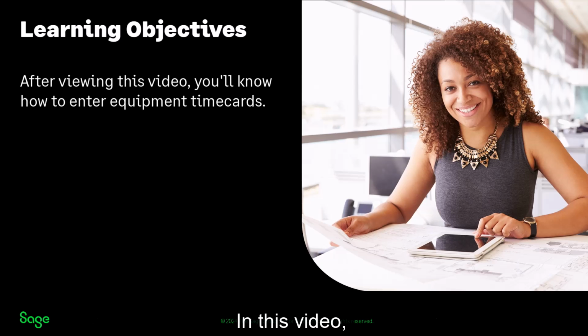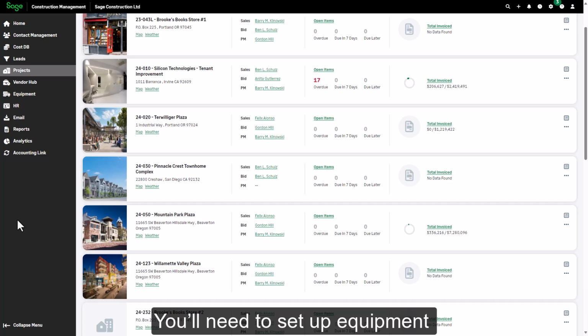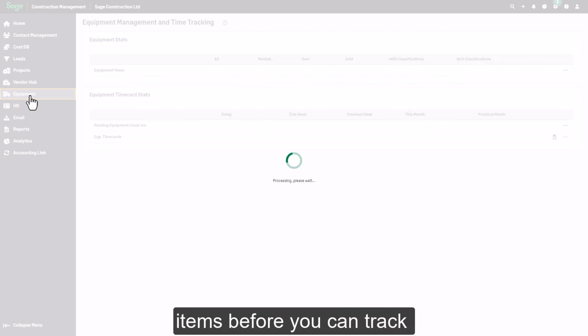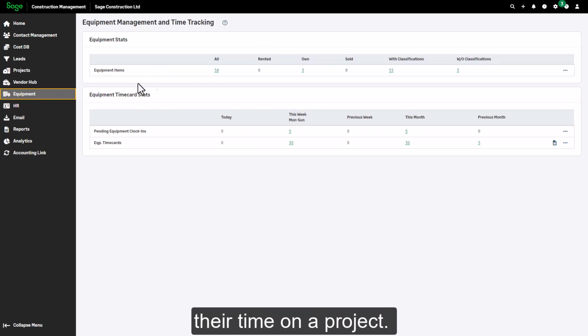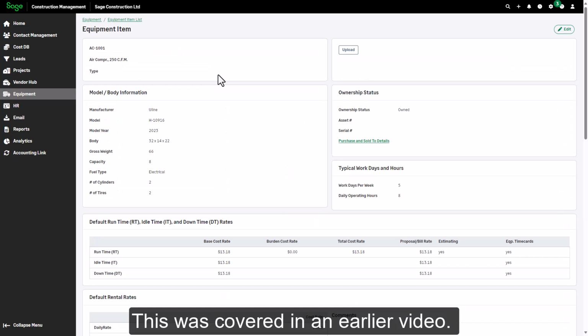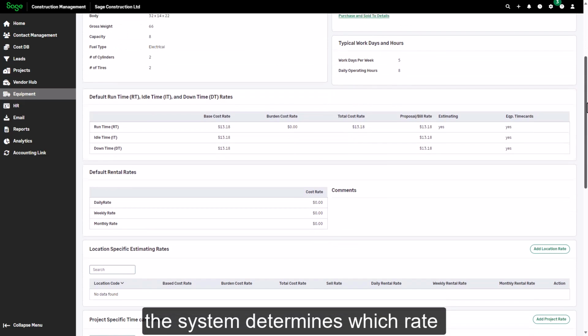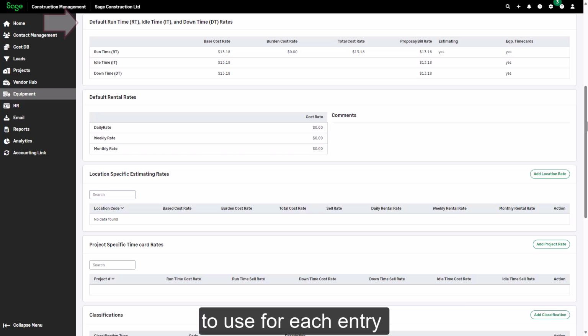In this video, you'll learn how to enter equipment timecards. You'll need to set up equipment items before you can track their time on a project. This was covered in an earlier video. When you enter equipment timecards, the system determines which rate to use for each entry based on how the equipment